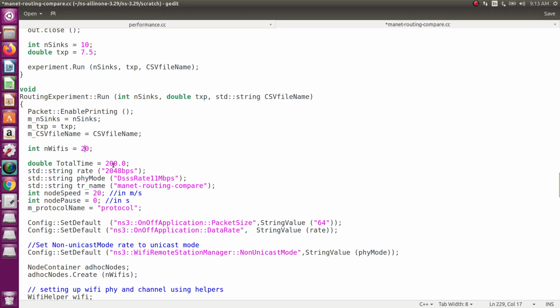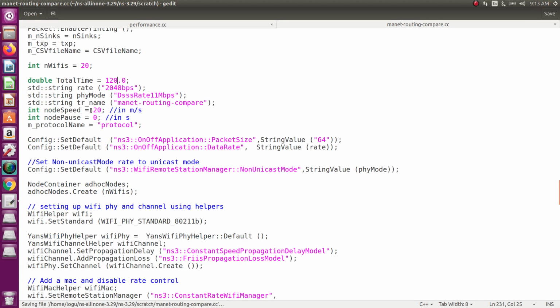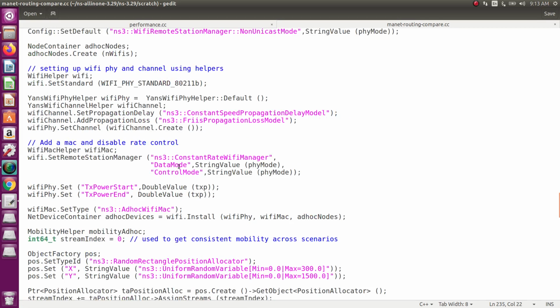Then the total simulation time is 200. It is somewhat too long for explanation, so for that purpose I am changing 200 to 120 seconds. Then node speed will be 20 meters per second.